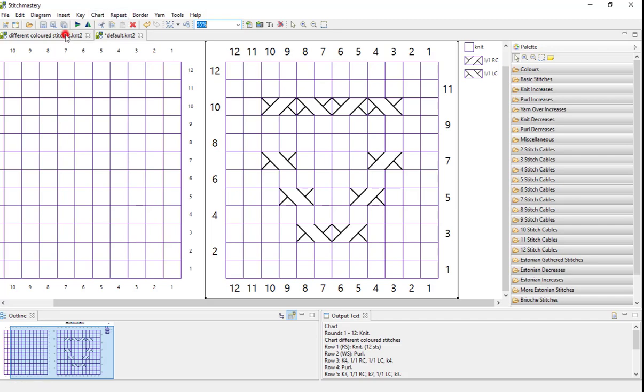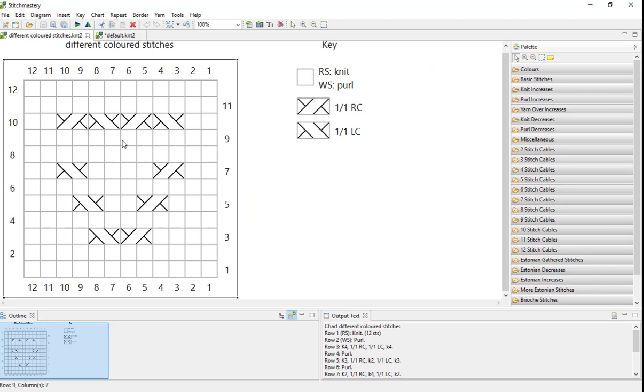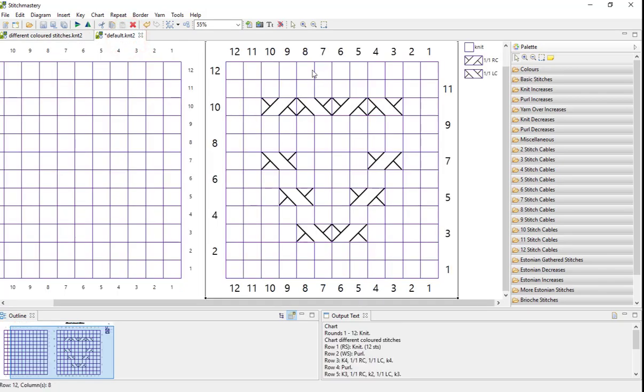And clicking back to the original chart, you can see that these grid lines do look quite a lot thicker than in the new chart, and the dark purple is also that bit sharper than the default grey.